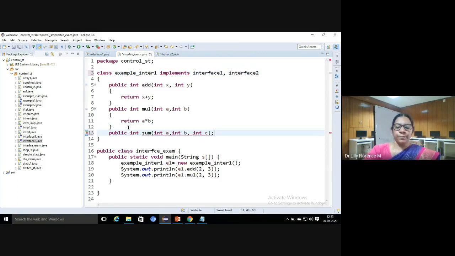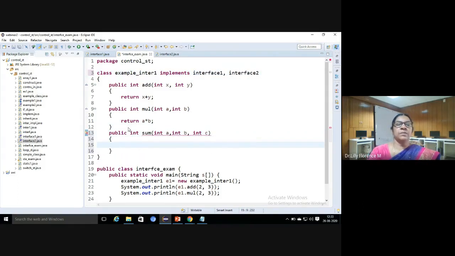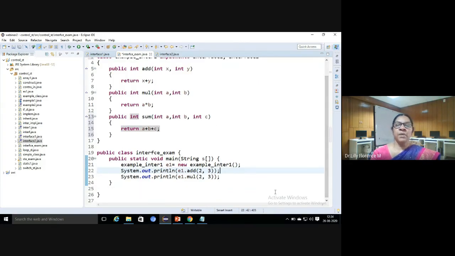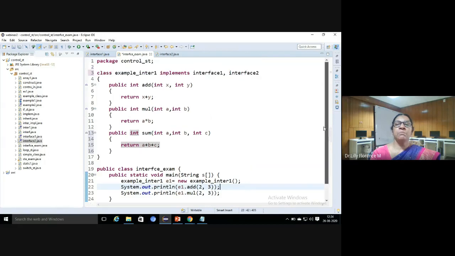We just have to return a plus b plus c, whether we are invoking the method or not. So this is the way we can implement multiple interfaces, and through this we are achieving multiple inheritance here.